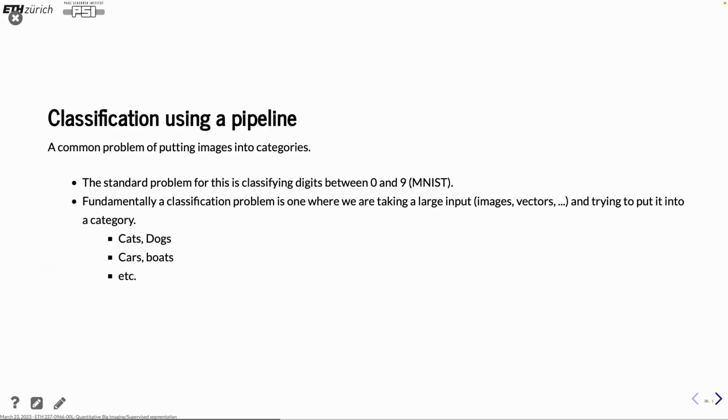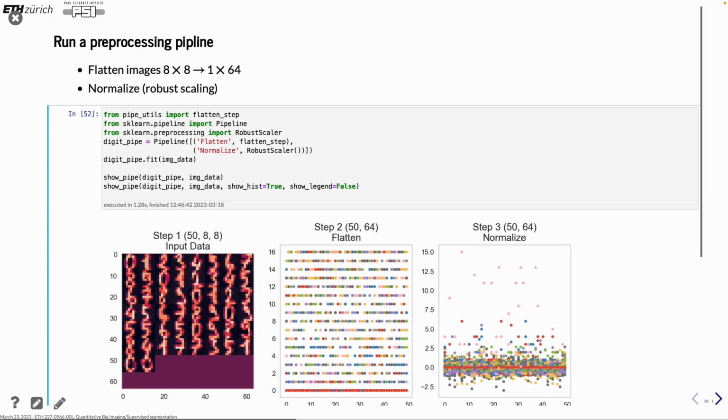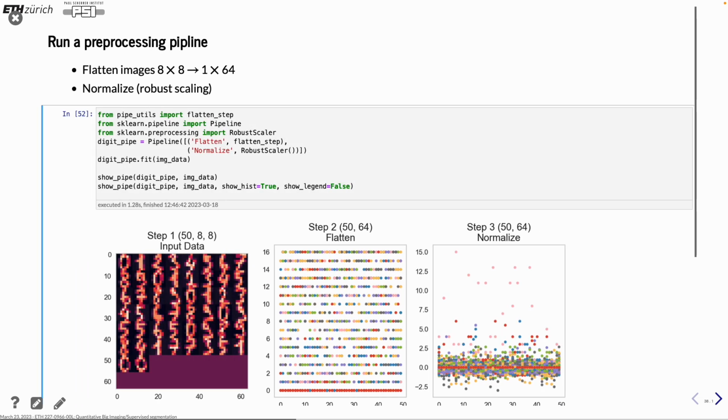And now we want to use it. Now we've done some kind of scaling and reshaping, adding features, but we can actually also use it for data. So we load some data from the MNIST dataset. These are 8 by 8 pixel images, and we have examples of them. And when we load it, the first step is loading it,